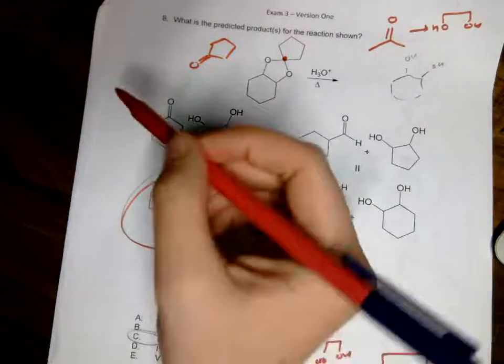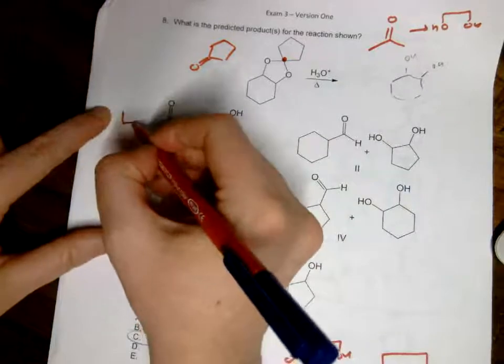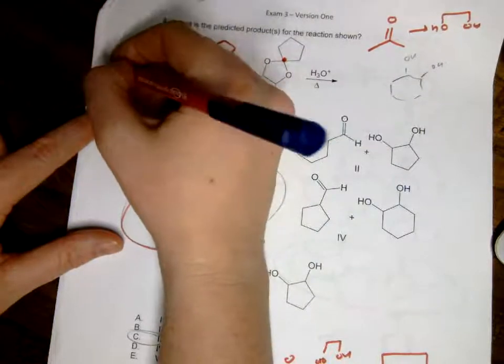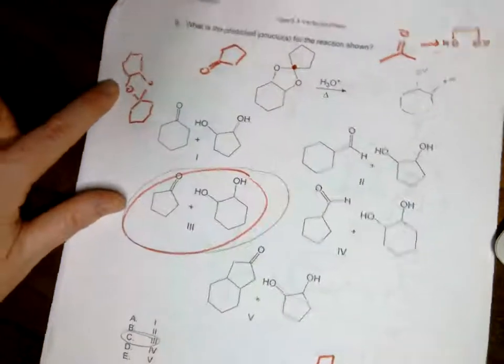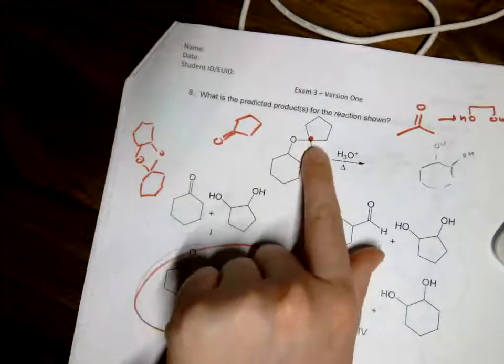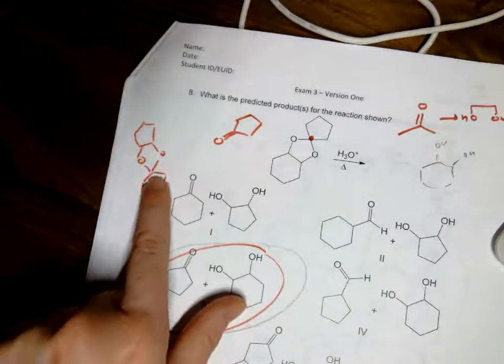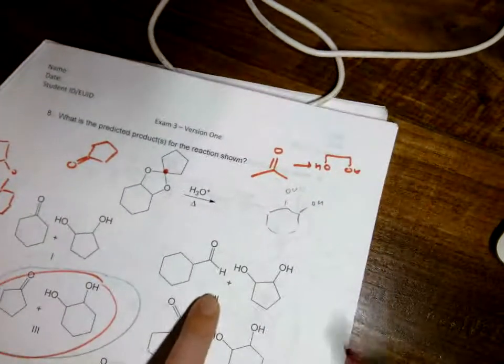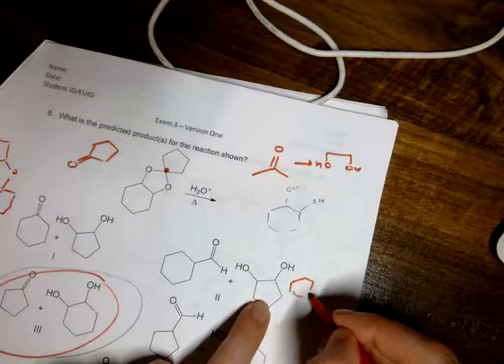This would give you something very similar, but it would have your 6-membered ring have the 2 oxygens, and then that would be bonded to a 5-membered ring. So it's very close, but the point that has the 2 oxygens directly bonded to it is on the 5-membered ring, and here it would be on the 6-membered ring. This one would actually look like